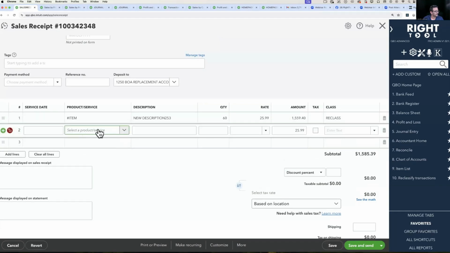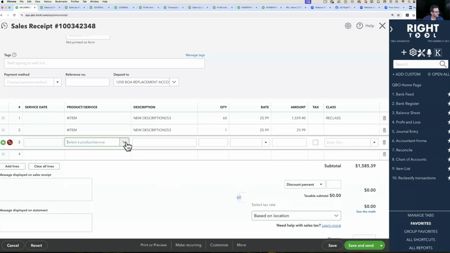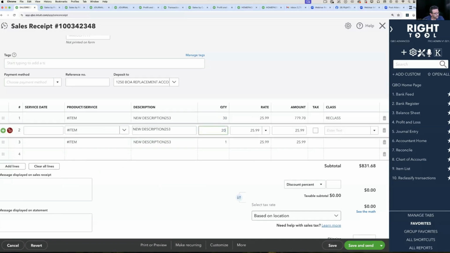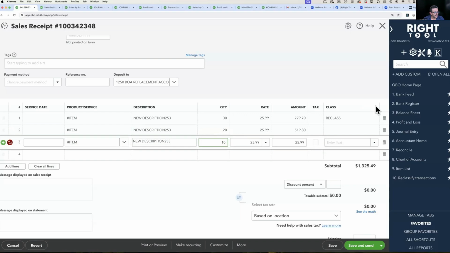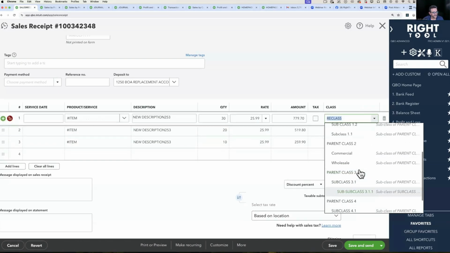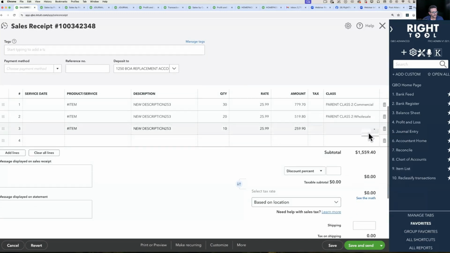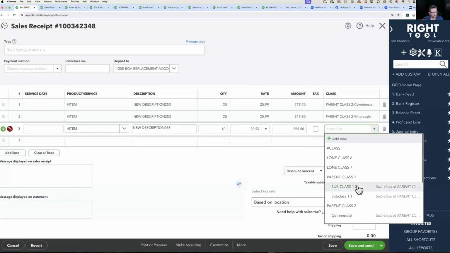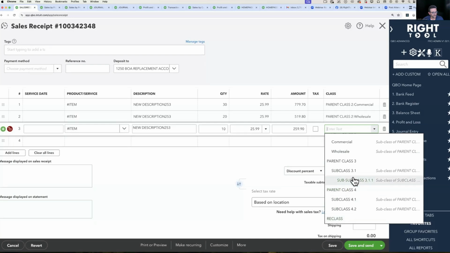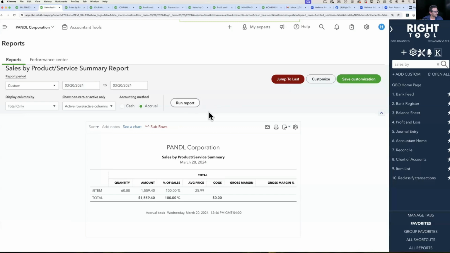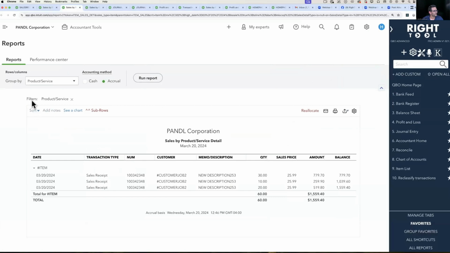Like so, come in here and type the item, let's say 3 times, and then do 30, 20, and 10, and then come in here and choose, let's do commercial, wholesale, and then the last one would be this one called subclass 3.1. Click on save, and then go into this report and click on run report. Go into the details, and if I wanted to see that redistributed, in this case by class,